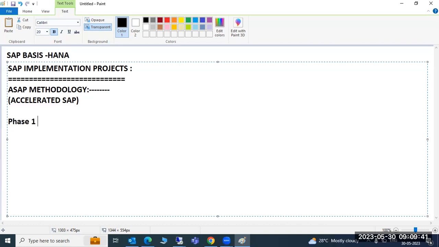The phase one is called the project preparation. Then phase two. What is this phase two? Phase two is called the business blueprint. Then phase three is called the